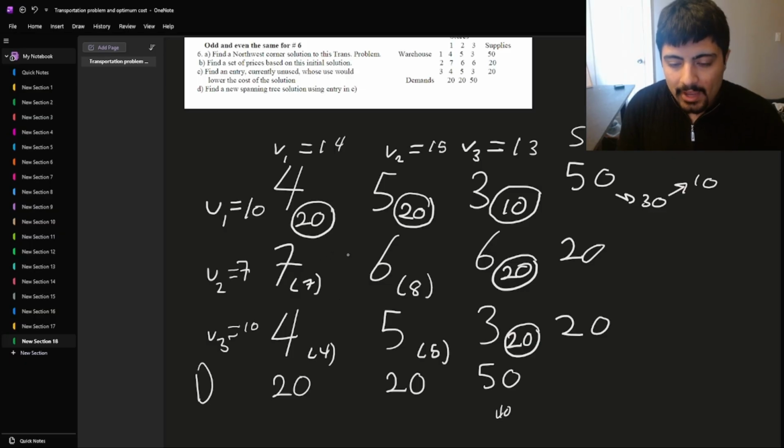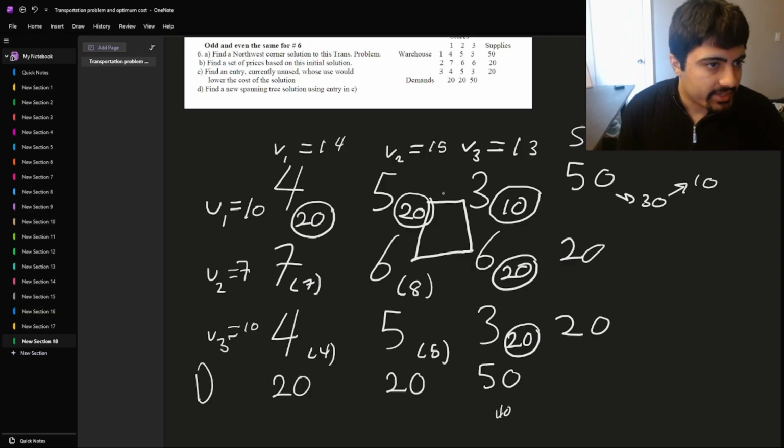So now that we have this, what you're gonna do is put a dot here, okay, and draw a line from 6. Go to the first allocated value. The first allocated value is 6 with 20. Now go up or down. It doesn't really matter where you go. So let's go up. And the second unallocated value is 3. Then we can go to 5 and we can come back. Okay, this is a circuit. Well, there are different ways to make a circuit. Okay, we can go to different allocated sources, but for the sake of simplicity, this one is a very easy one,